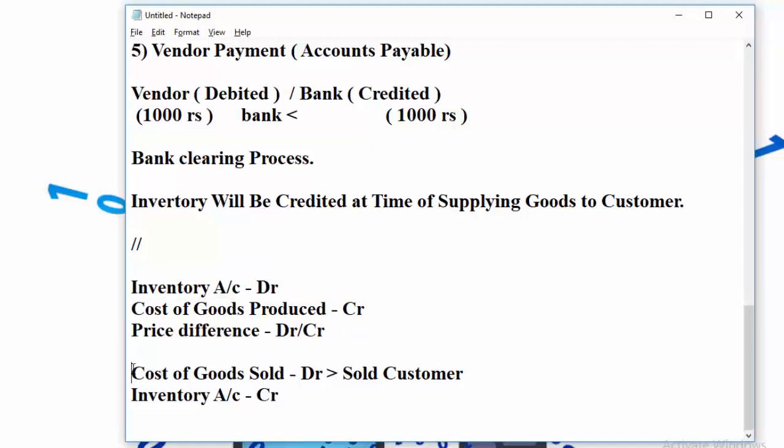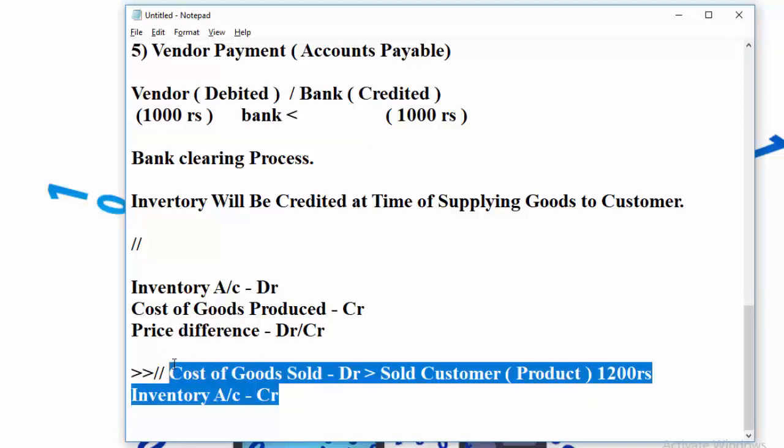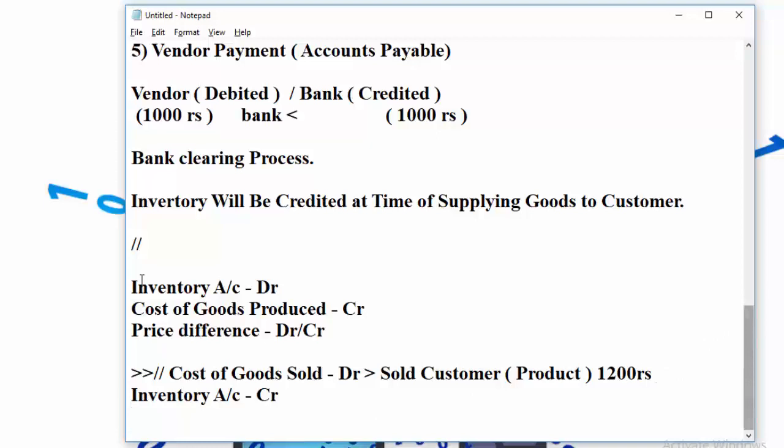But finally the offset for the inventory will happen as part of the cost of the goods which has been sold. So whatever you are selling, suppose you have made a product and you are selling that product for 1000 or 1100 rupees, against that your inventory will be credited or debited. So this is the last entry which will usually happen, but this is part of the sales and distribution or